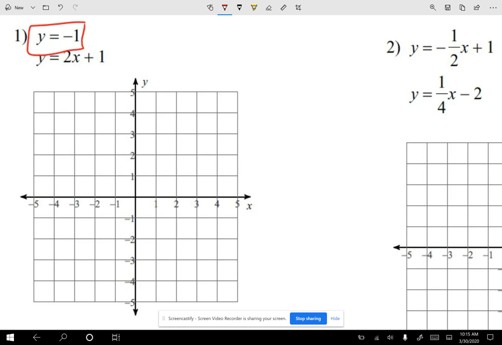Now, when we only have one letter, we have the special cases. It's either a horizontal line or a vertical line. When we have y equals -1, I want us to think of the x-axis. Another name that x-axis has is y equals 0. Notice I changed the letter. So when I have the line y equals -1, I know the x-axis is y equals 0. So y equals -1, it's the one below. That's my first line. Now when I look at the second line,